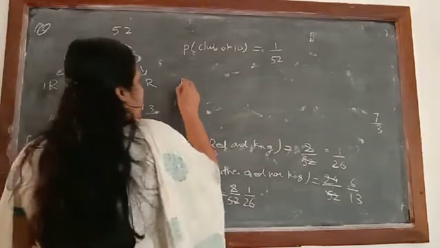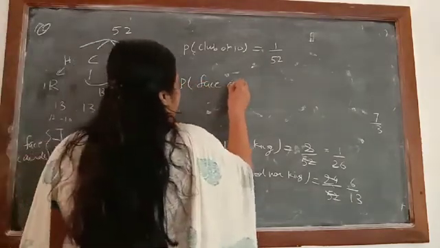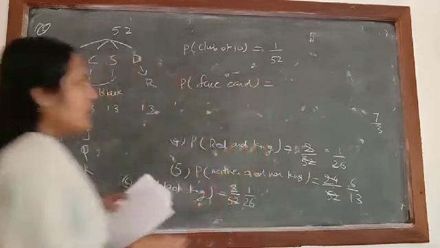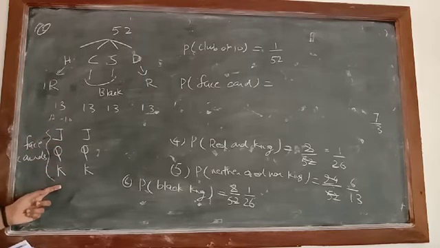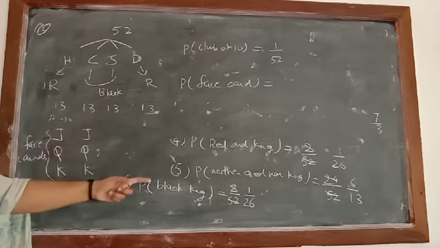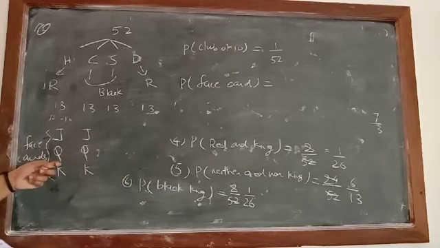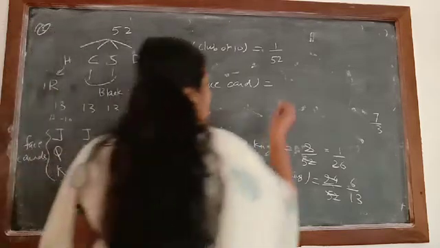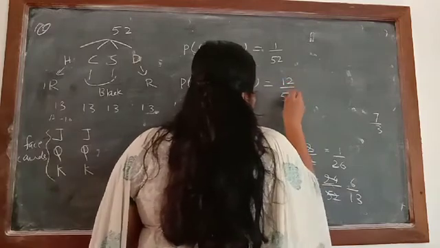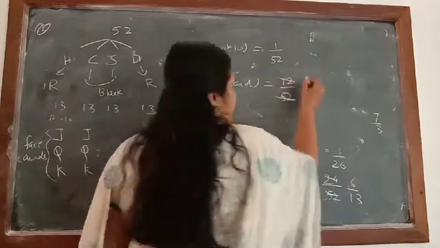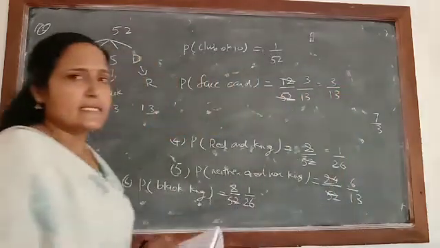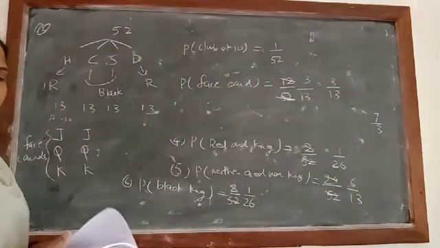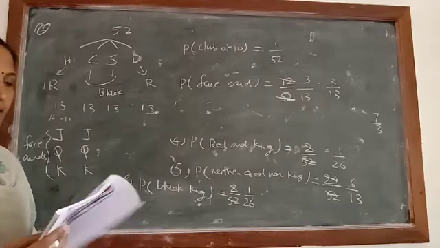Then next is face cards. Probability of face card there. How many face cards are there? As I told you, Jack, Queen and King, they are called face cards. So in each combination we have face cards. So total how many face cards? 12 face cards. So probability will be equal to 12 by 52. Just to cancel it, 4 3s are 12. So it will be equal to 3 by 13. So I hope this question is clear. Now we can check the next question.